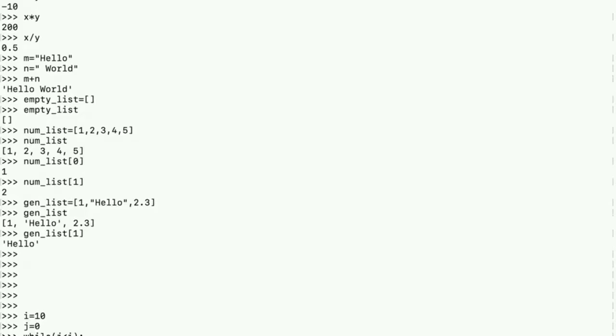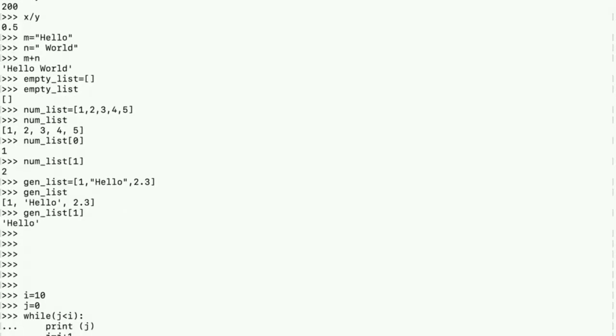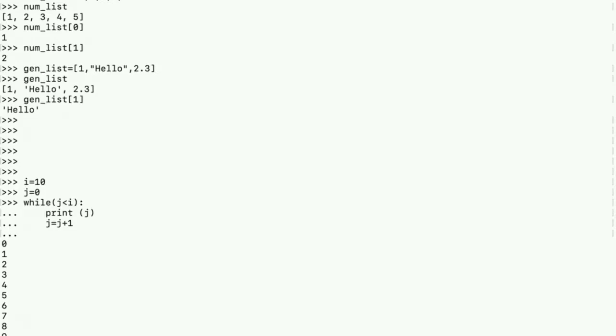A tab is equivalent to 4 or 8 spaces, usually 4 spaces. So now I'm going to say print j, tab, j is equal to j plus 1. Enter. Since we are doing it on the command line, we need to press enter 2 times for a loop to work. So now we got 0 to 9 on our screen.